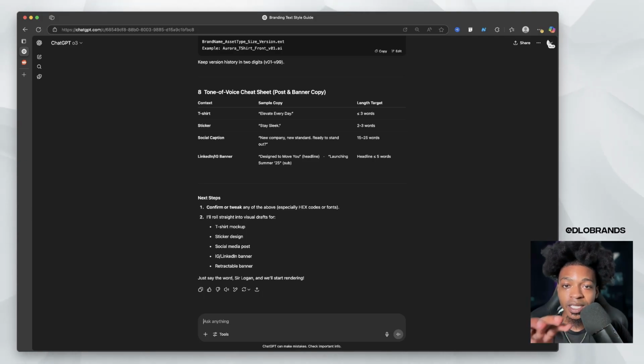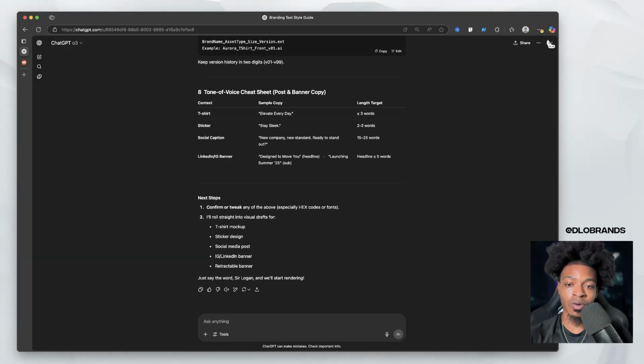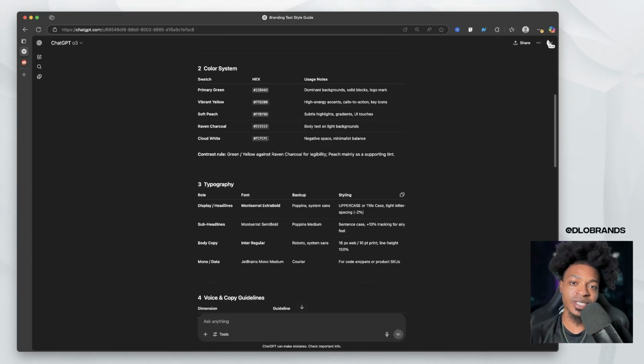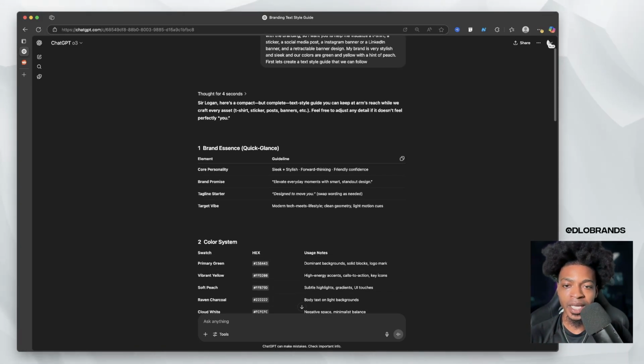And guess what? One great thing about this newer model as well is that it does better with memory. I don't know if you've seen the update that stated that memory is now inside of things like projects. I have a bunch of projects, and memory is inside of that, but also how the model is remembering things and when it chooses to, and how it utilizes that information when it chooses to. It has gotten so much better. So, if you're in the same chat or in the same project, then you can basically say, hey, based on this style guide,